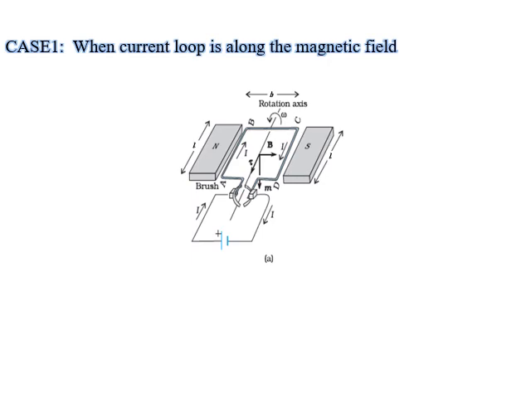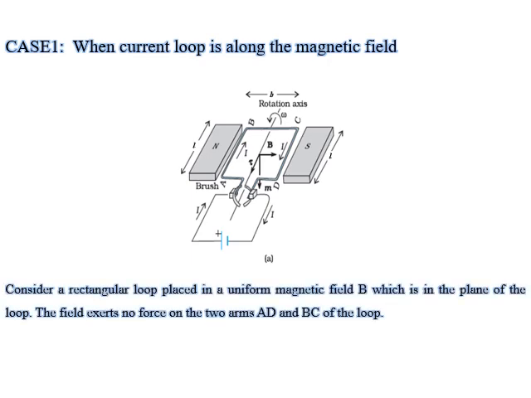So there is current in the loop, and this loop is placed between the poles of the magnets, north and south pole of the magnet, to give a uniform magnetic field to the coil. Let L be the length of the loop and B be the breadth of the loop. Okay, so we will see what happens when we place the coil in such a way along the magnetic field. Okay, so this is what we have done.